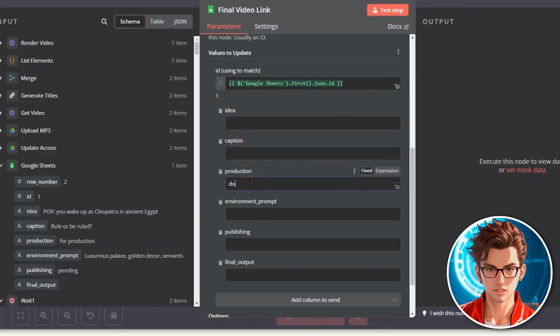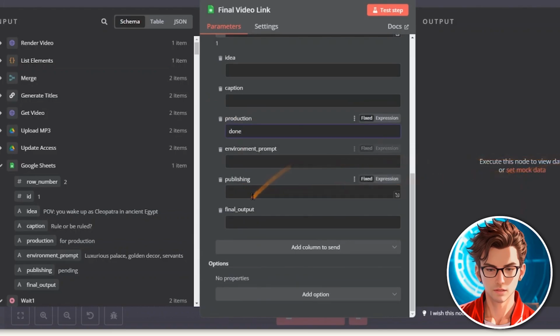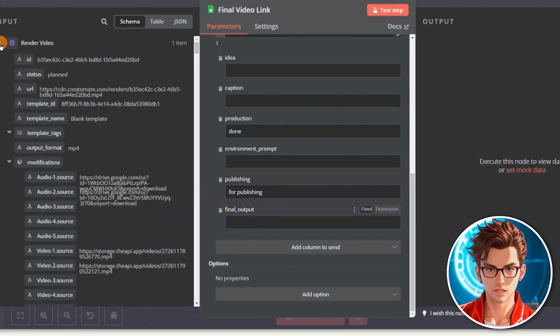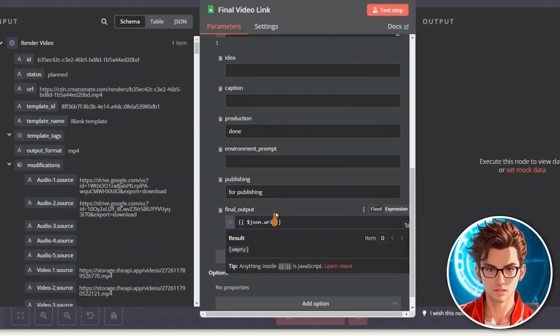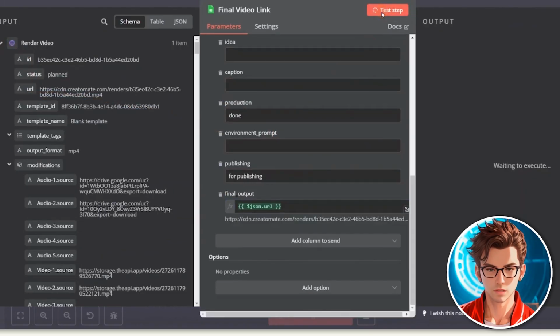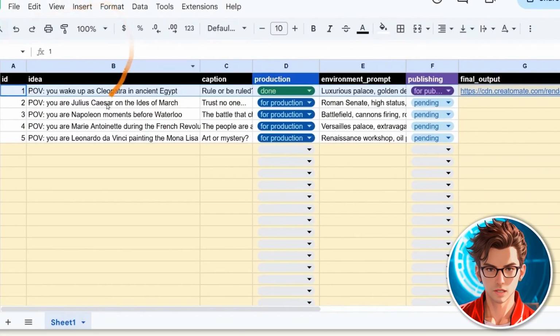What you want to do is change this production column into done and change the publishing column to for publishing, and then this final output will now be under render video, this URL of the video, which you can put here. So now, if you click Test Step, you can see it succeeded, and if you go back to our Google Sheet, you can see that this tracker of ours has now been updated to done for producing the video, and the publishing step is now set to for publishing automatically, and it has the link to the final output,